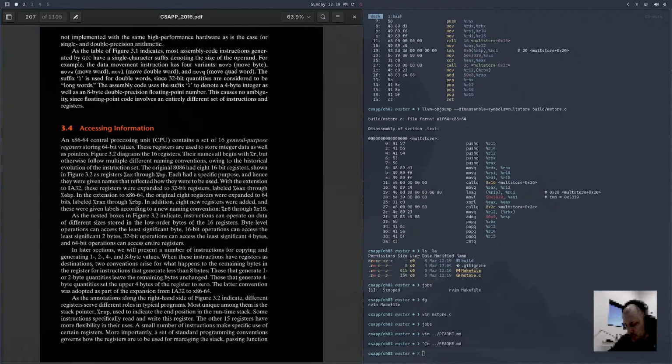Each had a specific purpose, hence they were given names that reflected how they were used. With the extension to IA32, these registers were expanded to 32-bit registers labeled EAX through EBP. In the 64-bit extension, the original 8 registers were expanded to 64-bit registers labeled RAX through RBP. In addition, 8 new registers were added, and these were given labels according to a new naming convention, R8 through